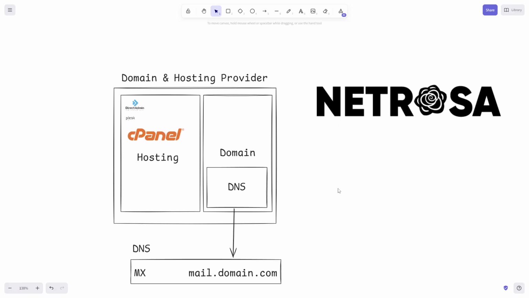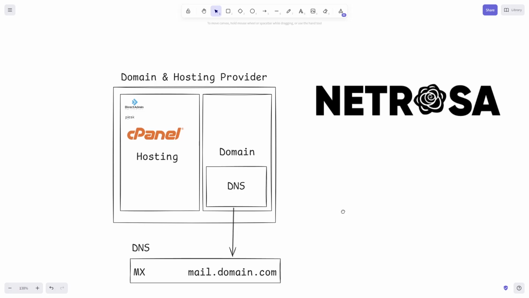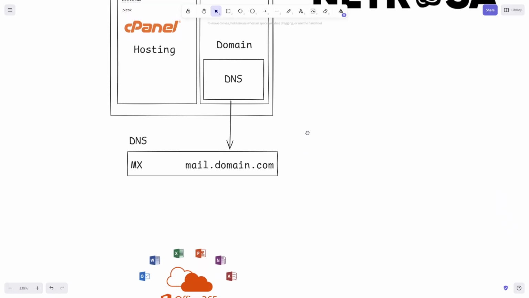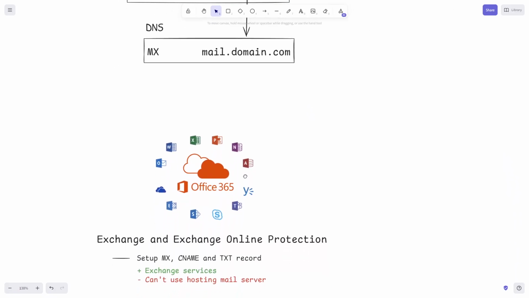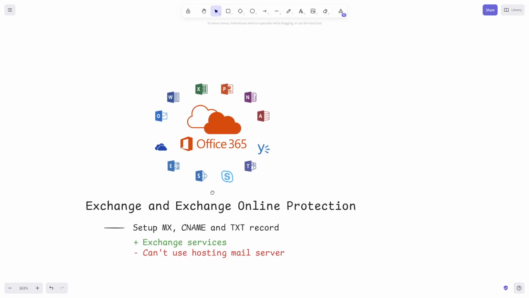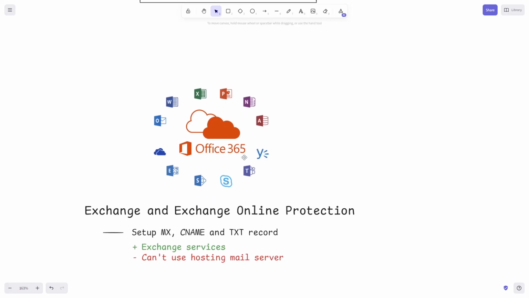So in this example, let's assume you have a hosting and domain registrar that hosts its own mail server, which means you can create unlimited emails and you can use them subsequently for any of your intended purposes. And you've recently wanted to migrate to Office 365 and have hit the stump of having to register up to 100 licenses, and maybe only 20 of them are personal, or only 10 of them are actually going to be